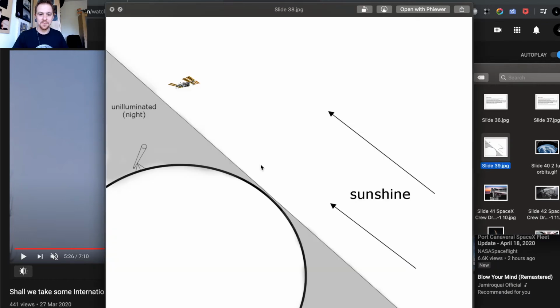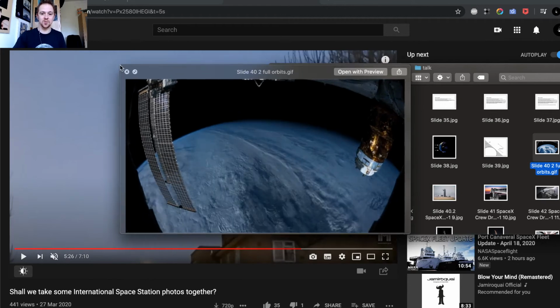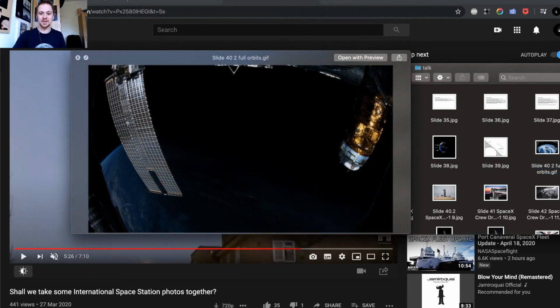I have another self-made photograph about the topic. This is wrong, because this is obviously not dark because the sunshine is coming, but I'm going to correct it. But the point is that, let's say the observer is in this area, and then the space station is going around the Earth. You're going to see that even when it's about here, you can still see it. Obviously it's not perfectly accurate, but it's the principle that I'm trying to show you. And this animation is actually pretty cool, because you're going to see the International Space Station.